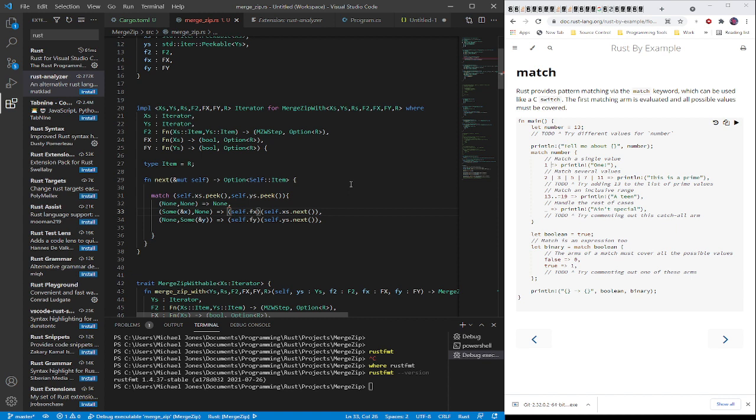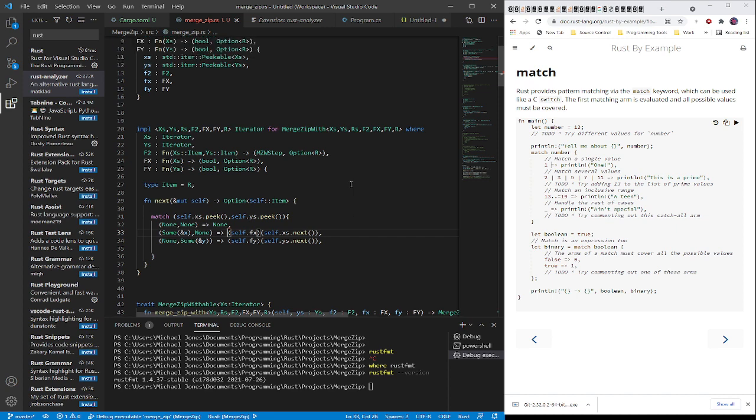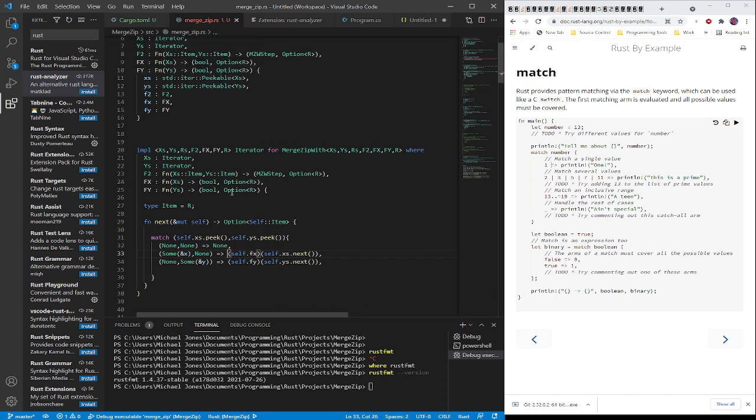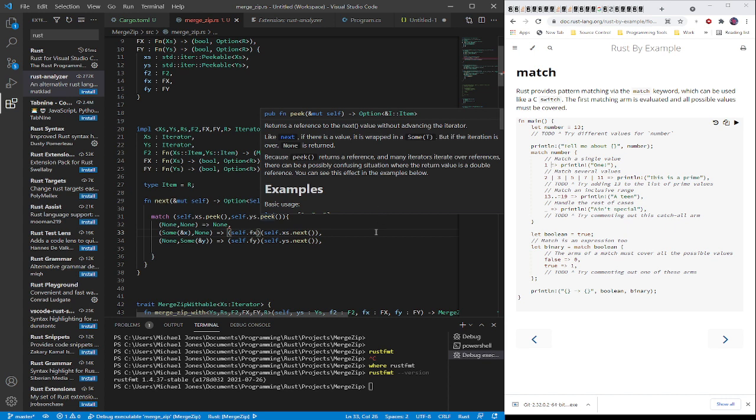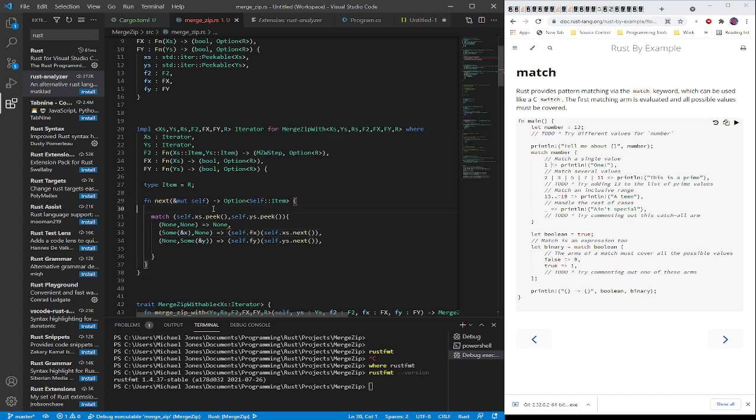I want to keep looping as long as there's a None, and then take the last one. So this actually needs to be a loop because this is the wrong type. Because I need to be able to